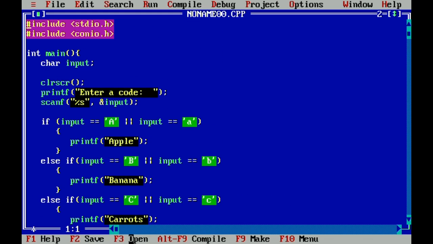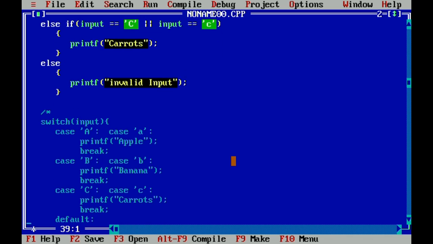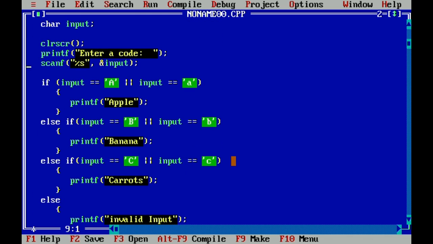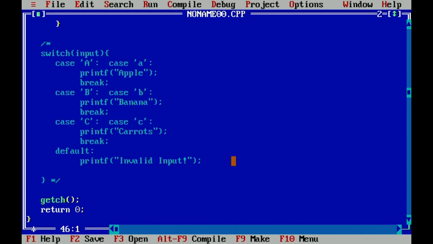So like I said, all switch case statements can be transformed into an if-else statement, but not all if-else statements can be converted into a switch case.